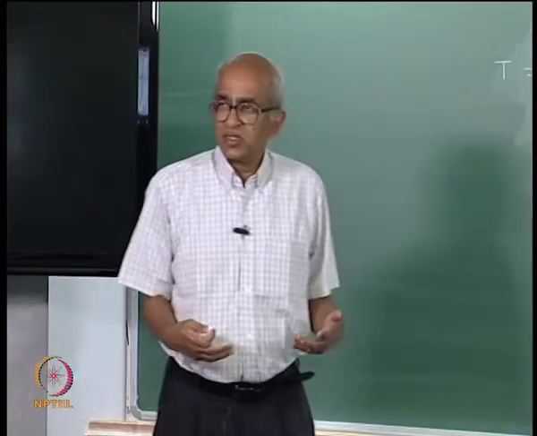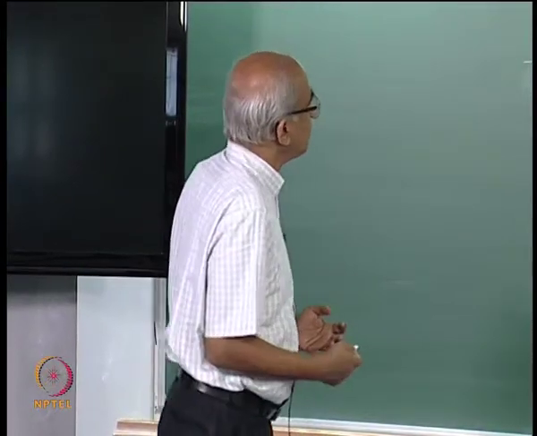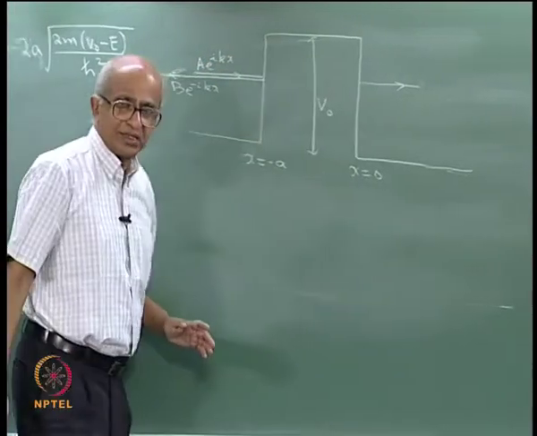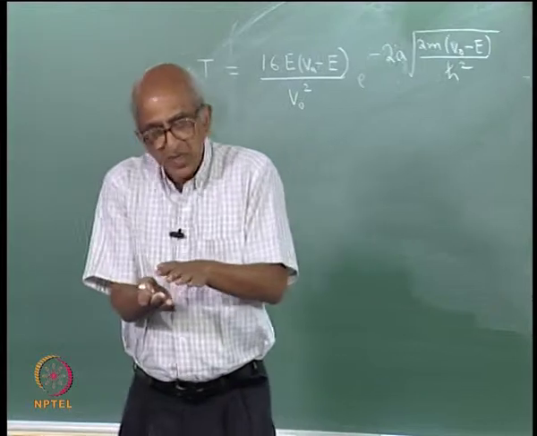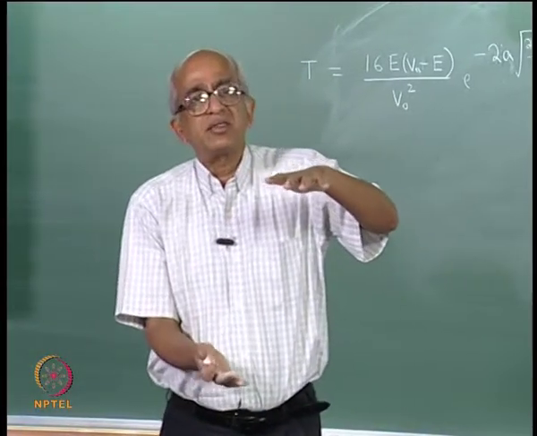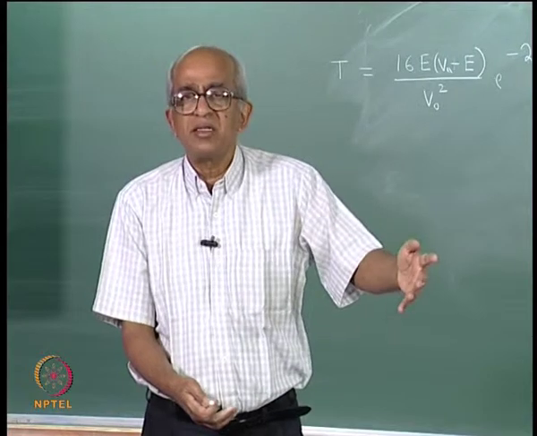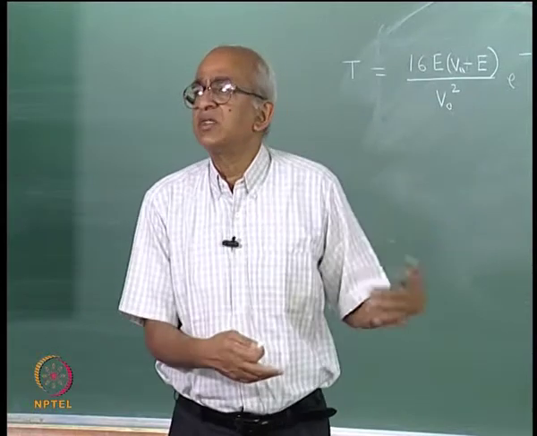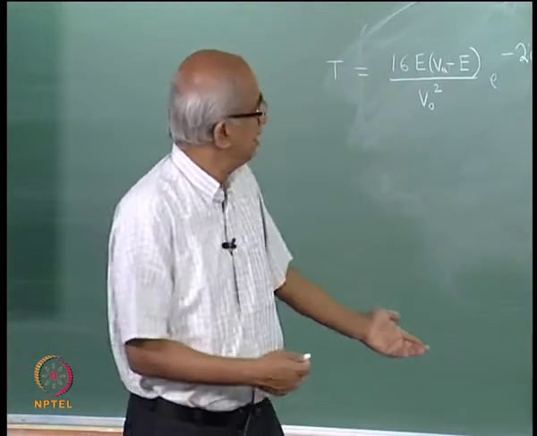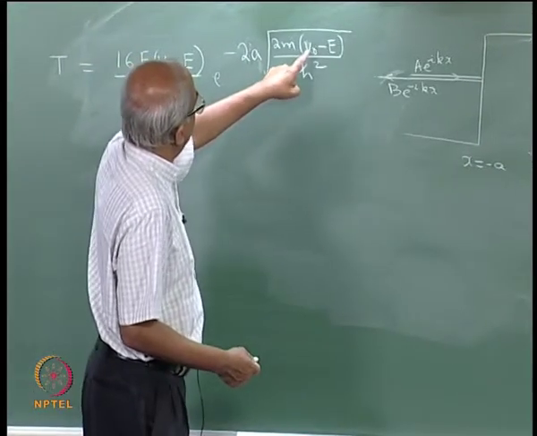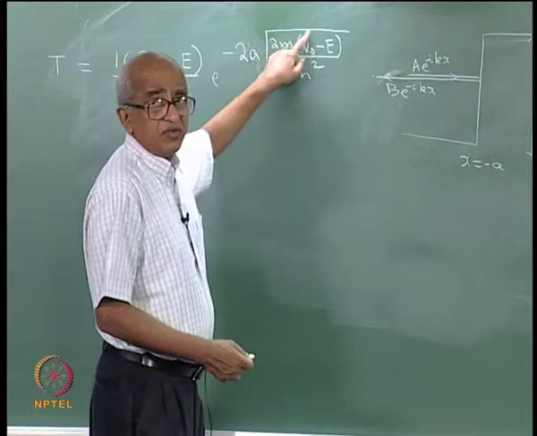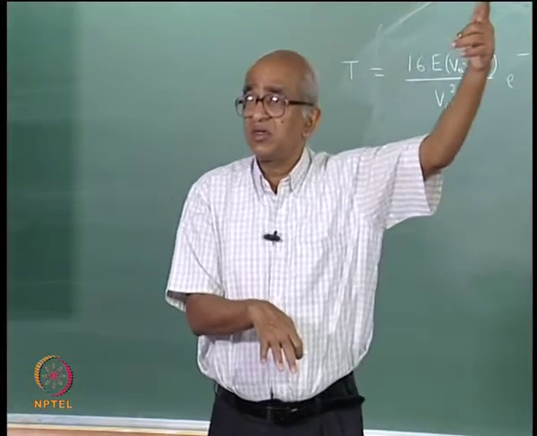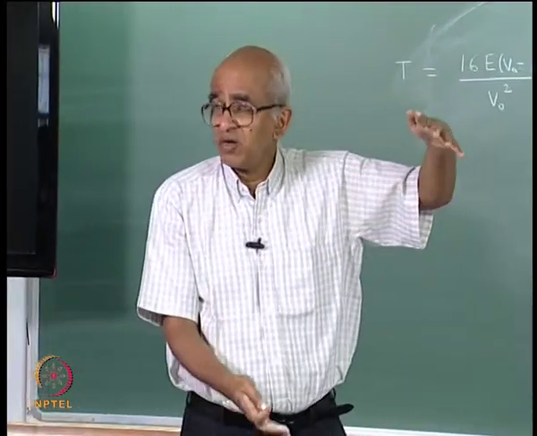Now, this is an interesting expression. Why is it interesting? The reason is this. See, remember, V0 is the height of the barrier and A is the width of the barrier. So, suppose I make the height of the barrier larger, that means I am increasing the value of V0. What will happen to the tunneling probability? The answer is physically obvious. If I made the barrier more difficult to go through, then obviously the tunneling probability will decrease. And that is actually reflected in the equation. You see, you have V0 in the exponential. So, if you increase V0, what will happen? This term is going to get smaller, right? Because V0 is in the exponent with a square root, it will get smaller, of course.